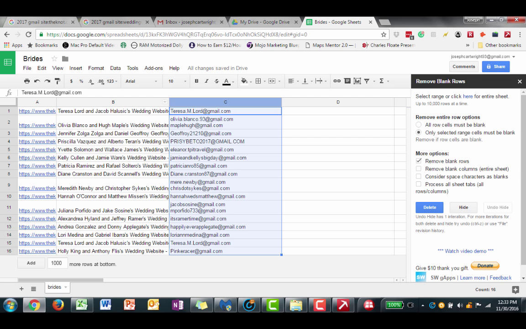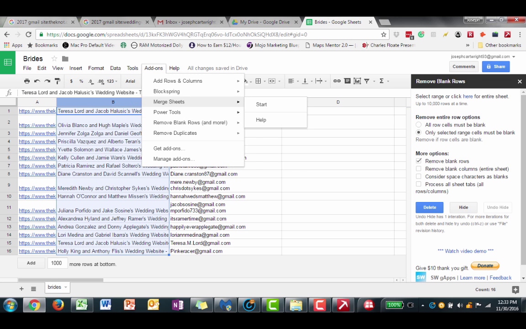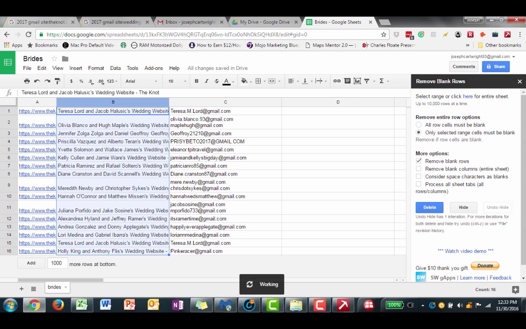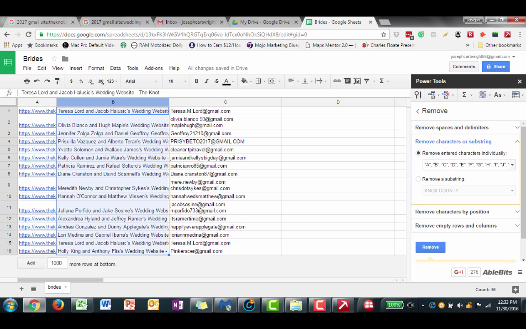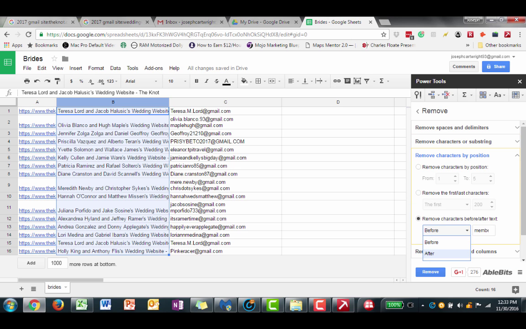The next thing I'm going to want to do is just get their names. So it looks like everything after comma S. So there's a tool where I can remove everything that is after comma S. So I'm going to click Start. And this part's going to pop up. It's going to give me remove. I can choose remove characters by positions, remove after comma S, click remove,